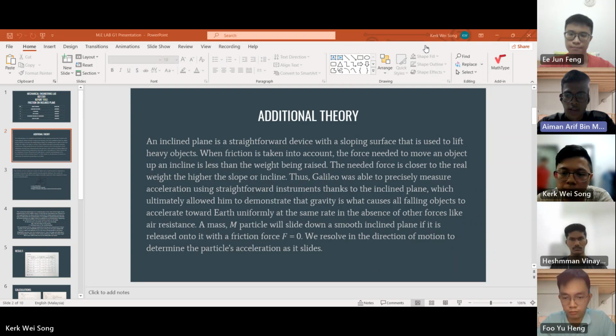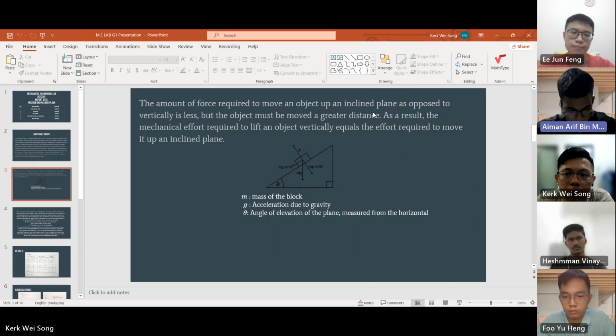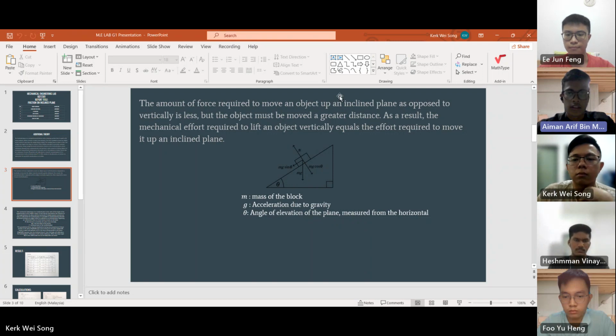So we resolve in the direction of motion to determine the particle's acceleration as it slides. The amount of force required to move an object up an inclined plane as opposed to vertically is less, but the object must be moved a greater distance. As a result, the mechanical effort required to lift an object vertically equals the effort required to move it up